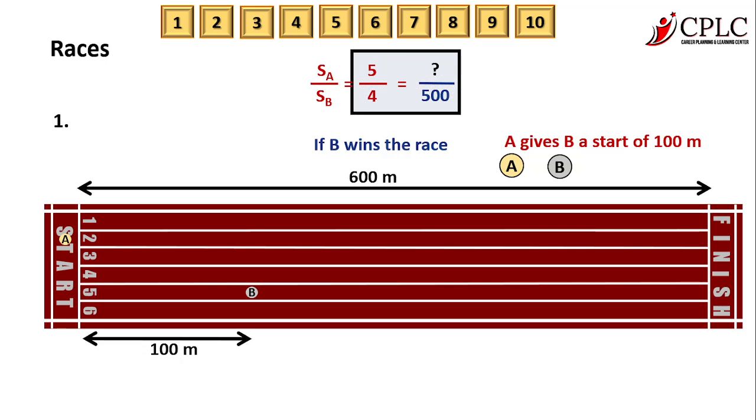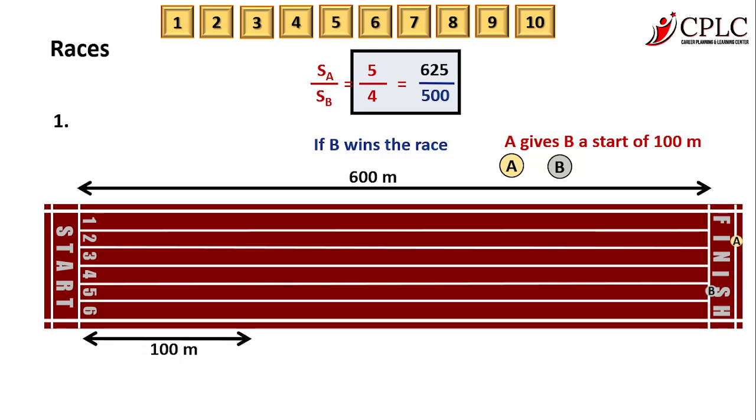When we calculate this, and after all the cross multiplication, we would realize one thing: the distance of A is 625. And what does that mean? If you understand the positions as of now, A is at the starting line. We are saying that by the time B covers 500, A covers 625 meters, which means A has finished the race because the race track is only 600 meters, and he has gone another 25 meters ahead, for example.